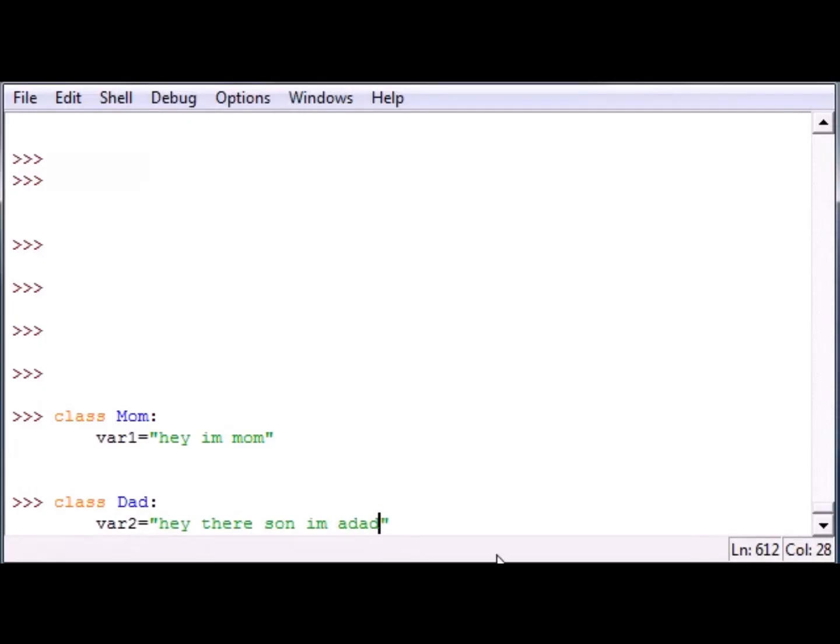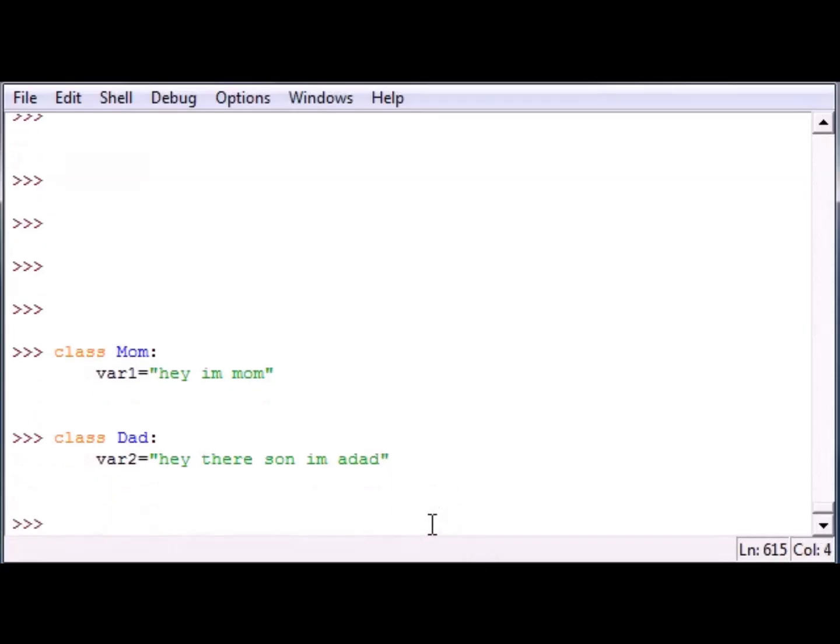Hey dad, same thing, doesn't matter, I'm a dad. Now let's go ahead and make a class called child. Getting ahead of myself here. Class child. And now if you want to inherit multiple traits from different classes, all you have to do is